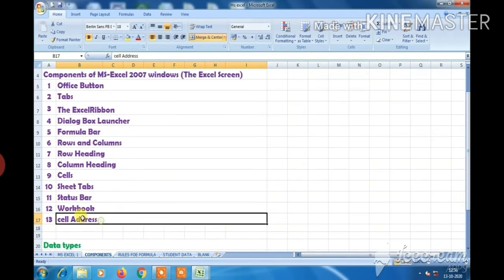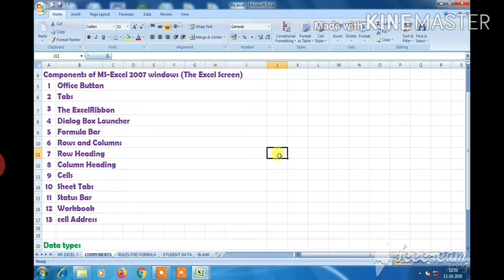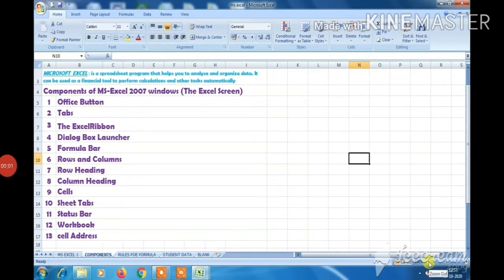Next, cell address. Cell address means location of the cell. If I click my cursor in a random cell, it shows in the cell address, that is J11, J column, 11th row. At the bottom right corner, you will get a zoom in and zoom out option, plus and minus sign.